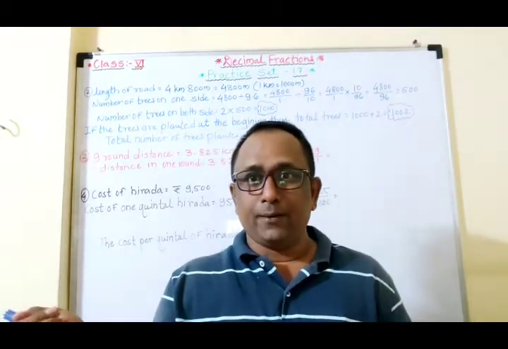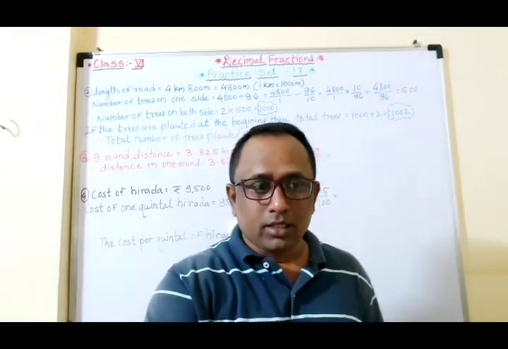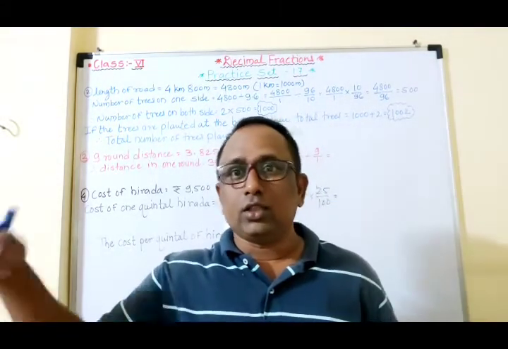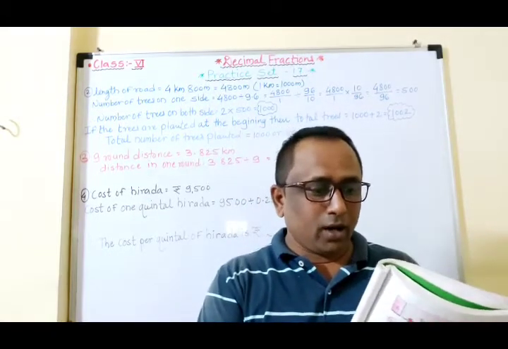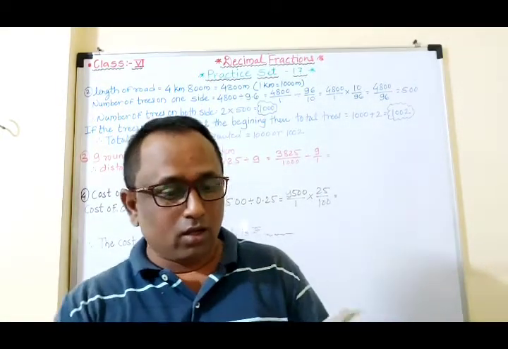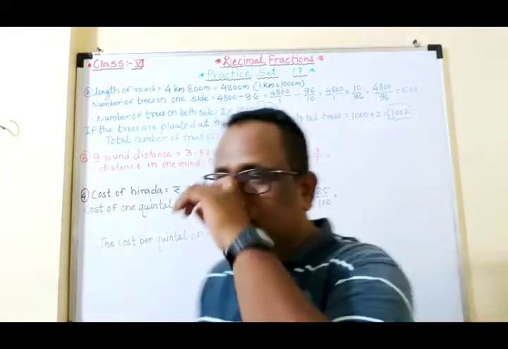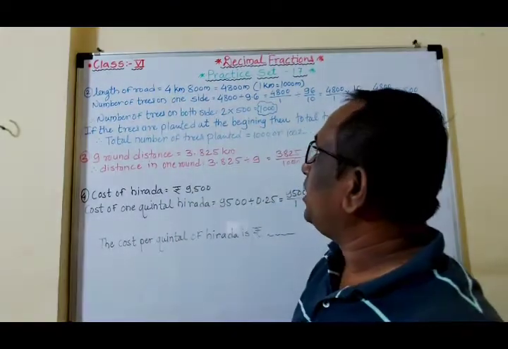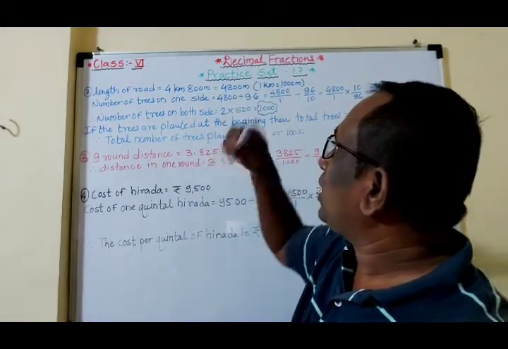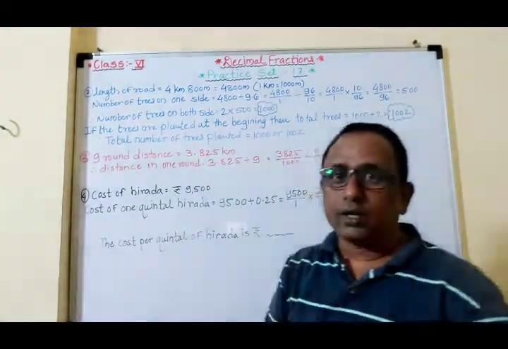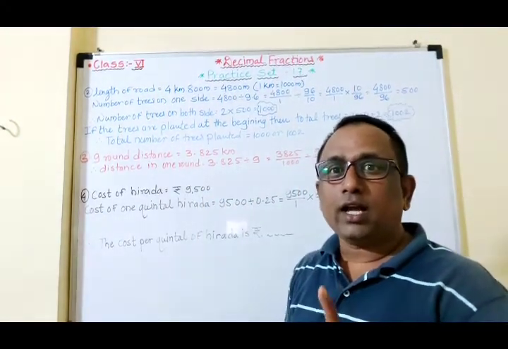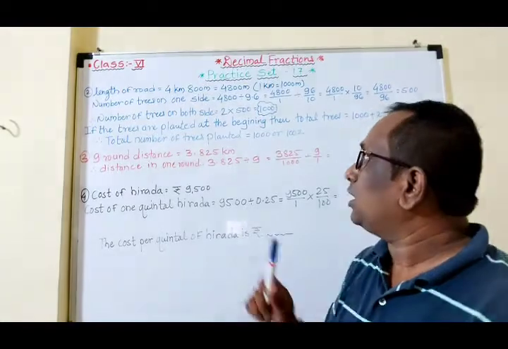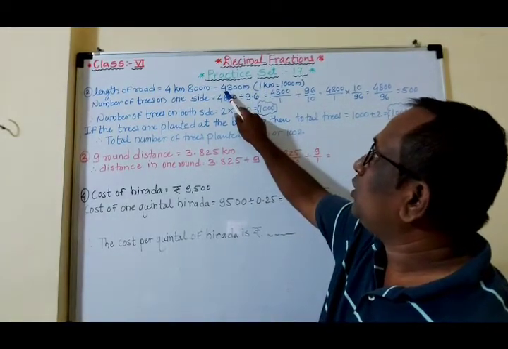Okay, both sides, meaning when they are planting the trees, the distance they kept is 9.6, then one tree they planted, then another, on both sides, meaning this side also, this side also. Okay, so what we have to find is how many trees were planted on both sides. Look here, first we have to write the given things. Length of the road, that is 4 kilometer 800 meter. Then if we convert 4 kilometer and 800 meter into meter, that is 4,800 meter. Why? Because 1 kilometer is equal to 1,000 meter. So we convert that into meter.